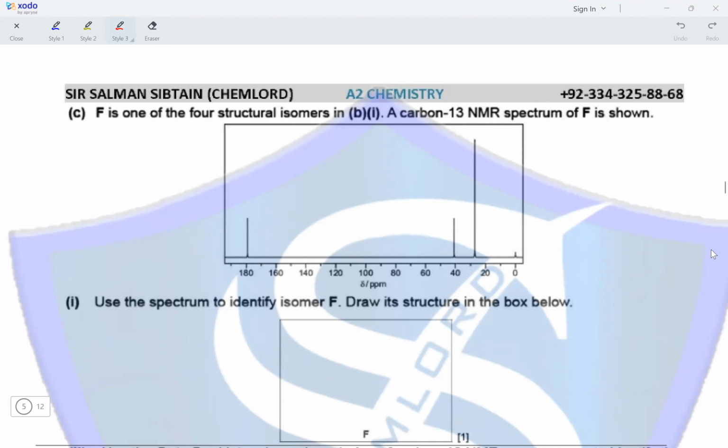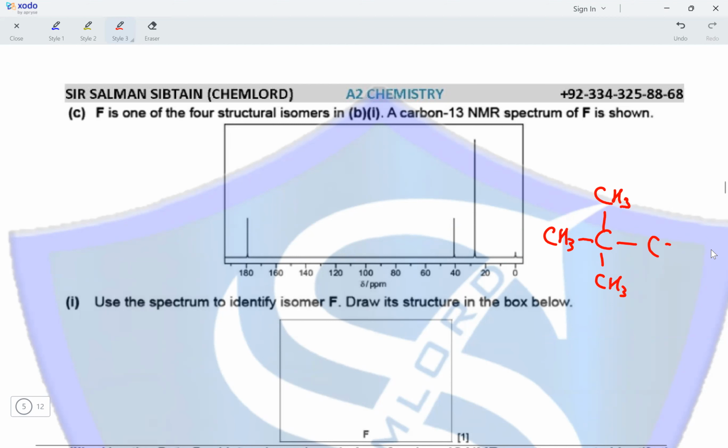F is one of the four structural isomers in B1. A carbon-13 NMR spectrum of F is shown. Use the spectrum to identify isomer F. Draw its structure in the box below. So what we have is three environments present for carbon. If you look at the structures of the carboxylic acids drawn, the only isomer with three absorptions that is possible would be the one with the three CH3 groups. So it would be C. We've got three CH3 groups